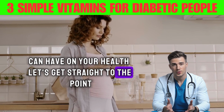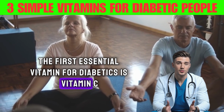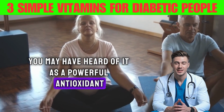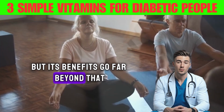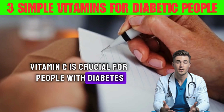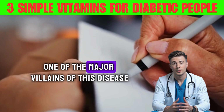Let's get straight to the point. The first essential vitamin for diabetics is vitamin C. You may have heard of it as a powerful antioxidant and a great ally for the immune system, but its benefits go far beyond that. Vitamin C is crucial for people with diabetes because it directly reduces chronic inflammation, one of the major villains of